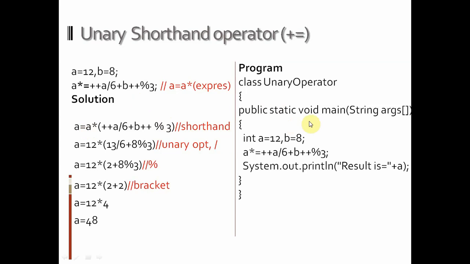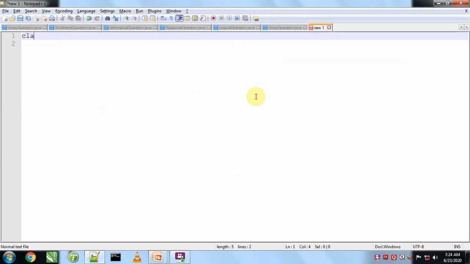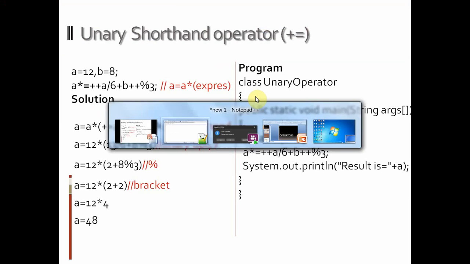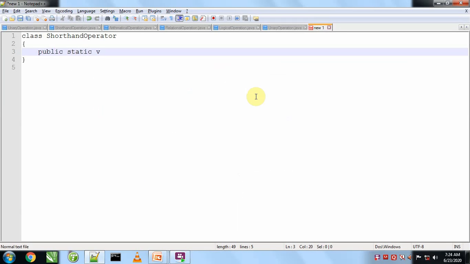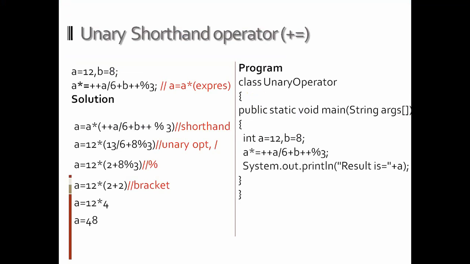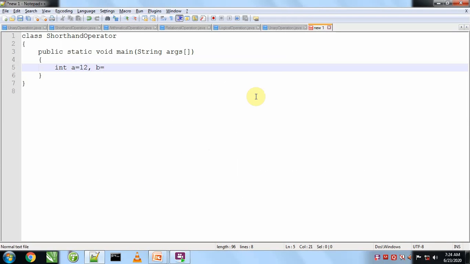Now we will make a program on the basis of this unary shorthand operator. First of all, we will take a class. Here we will take the main method. Here we will take two variables, integer a equals to 12 and b equals to 8.